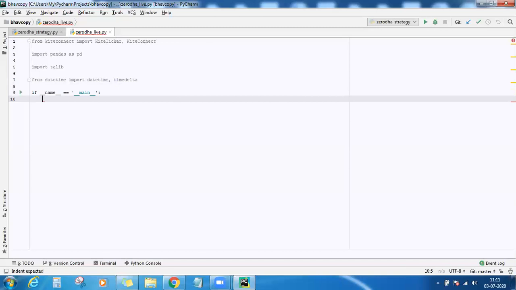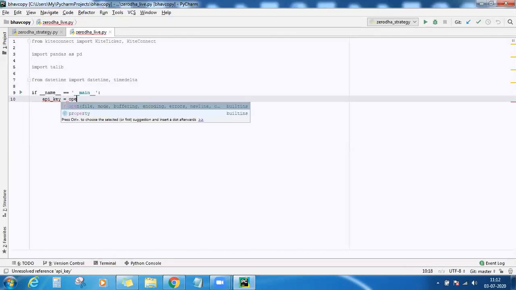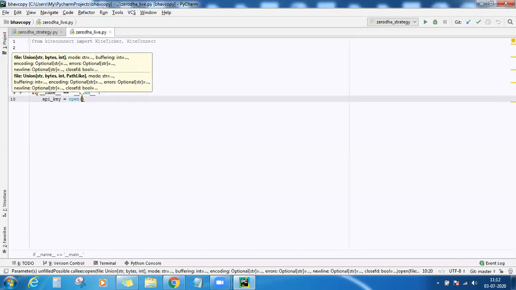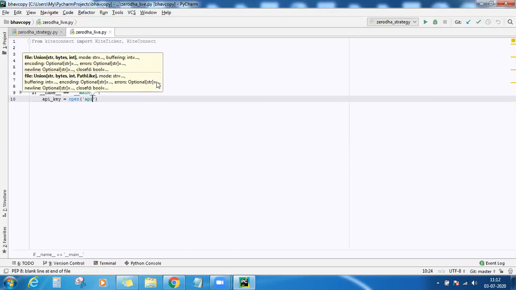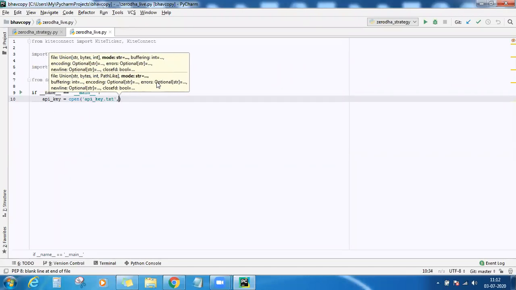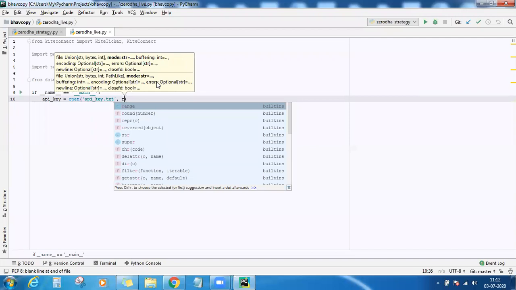So this is our main program. Now let us get the API key. We'll use the file object here. Since the API key is within this project directory itself, I need not give the relative path, it will automatically take it, and open that in read mode.